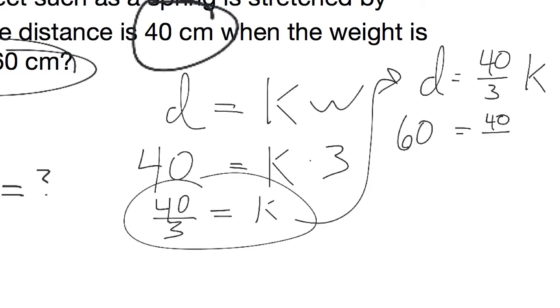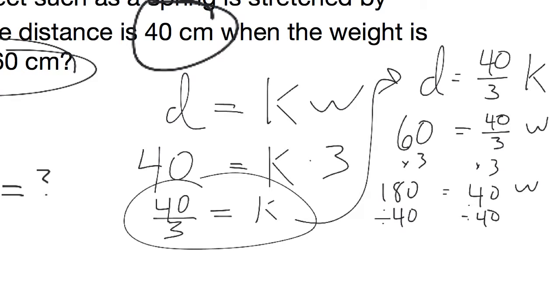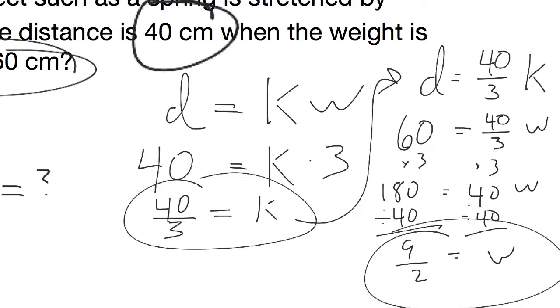Oh, I wrote that wrong. It should be w. 60 equals 40 over 3 w. Solving for w, we might want to clear the fraction first, multiply both sides by 3 to get 180 equals 40w, and then divide both sides by 40 to get 9 over 2 kilograms. So the weight, you would need 9 over 2 kilograms, or just simply 4.5 kilograms, in order to stretch it